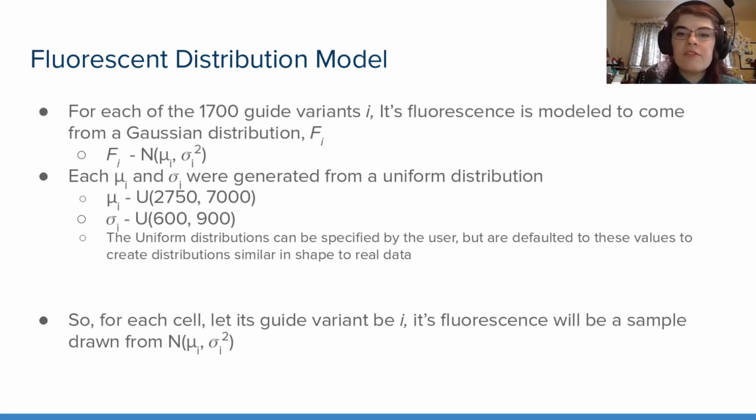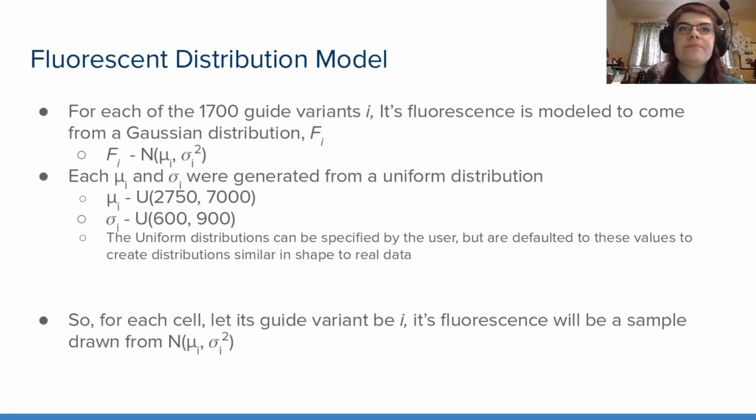Basically, any values in between the minimum and maximum are equally likely for the mean and variance. The uniform distributions can be specified by the user, who can choose the minimum and maximum, but they default to these values. They were chosen through trial and error, looking at the distributions and looking back at some real histogram data that we had